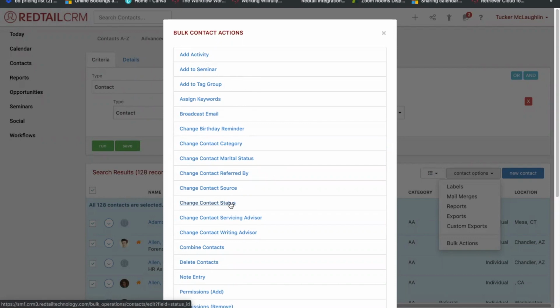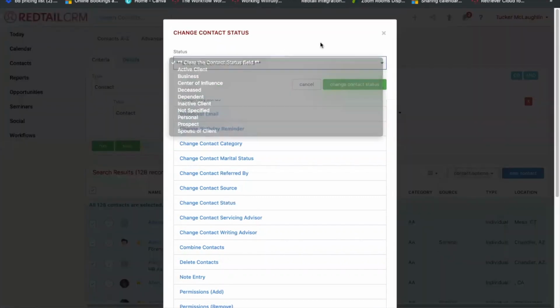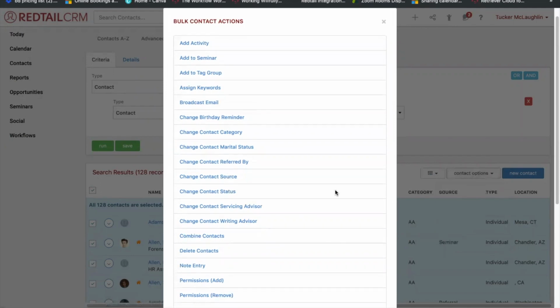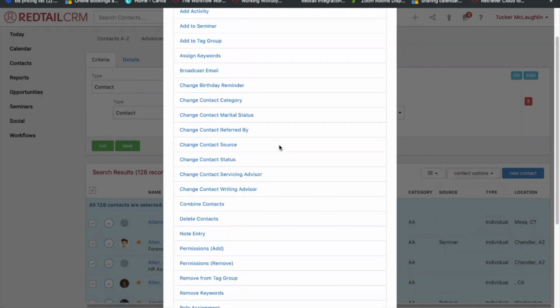But maybe it happens. Maybe we can update those prospects to a client in bulk. You have that option from here to do that just by picking what you're going to change it to. Similarly, you have this option to combine contacts, which can be incredibly helpful if you accidentally have duplicates in your